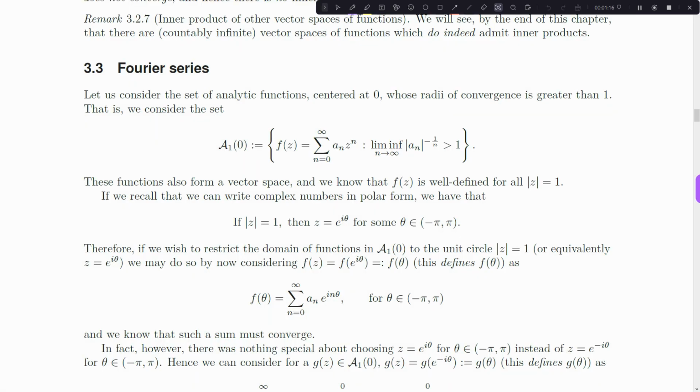Now it turns out this is also going to be a vector space. So it's a smaller vector space. This is a strict subset of the vector space of analytic functions centered at 0, because for the analytic functions centered at 0, we don't require anything about the radius of convergence there. But this vector space is smaller. We're requiring that all of these radii of convergence are greater than or equal to 1. And what we're going to do is look at specifically this